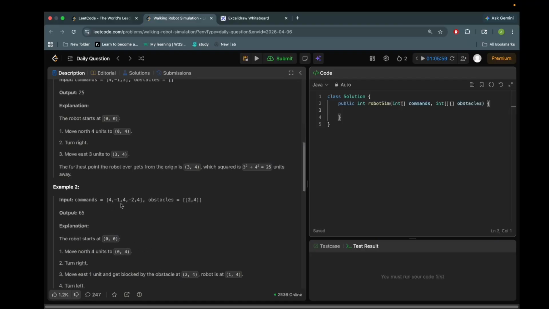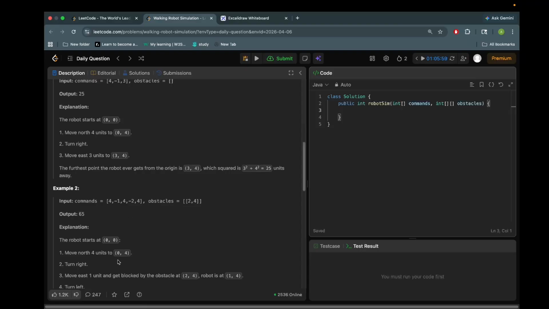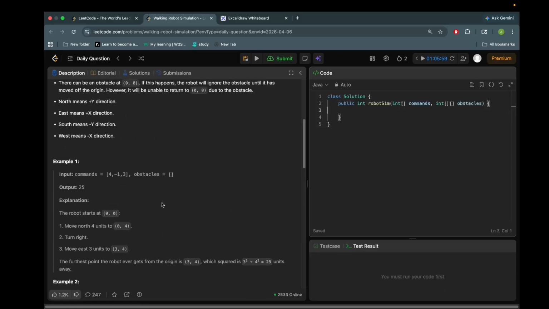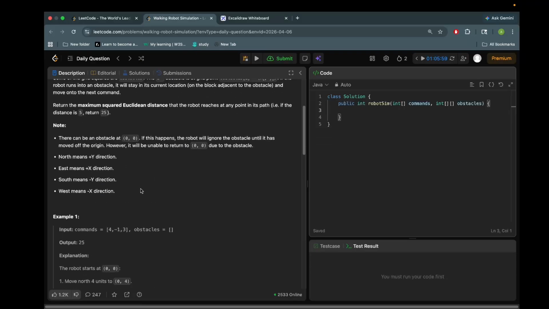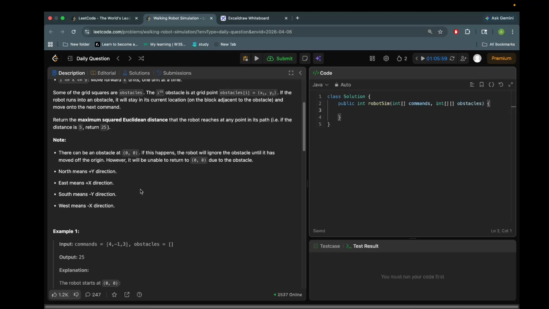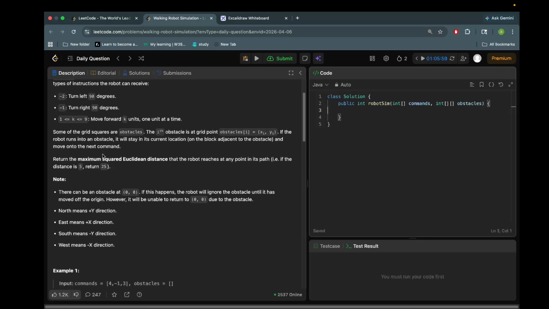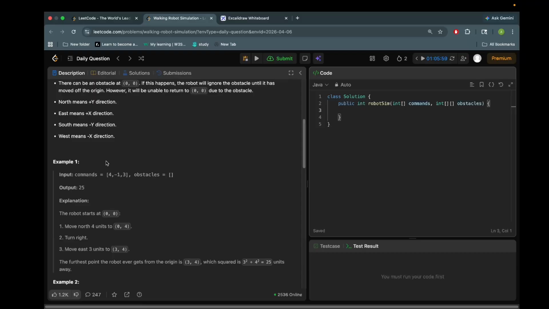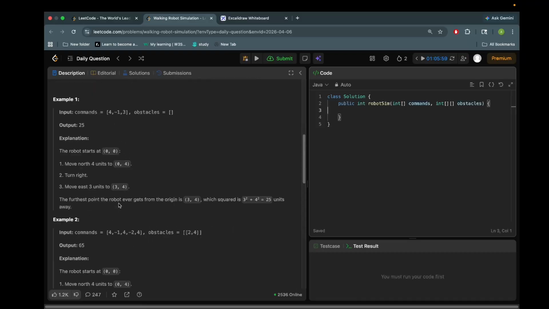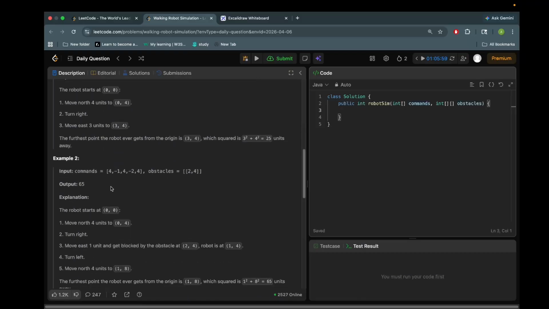Okay, so we start at 0, 0, move north 4 units, then -1 means turn right. So we face towards the positive x-axis, then we go toward 0, 4, but we don't reach there because of the obstacle, so we stop at 1, 4, right? And then -2 is